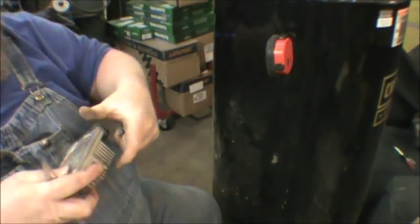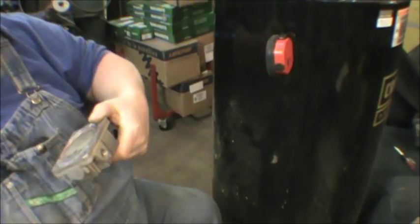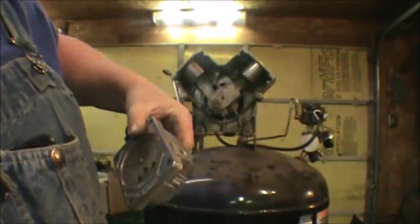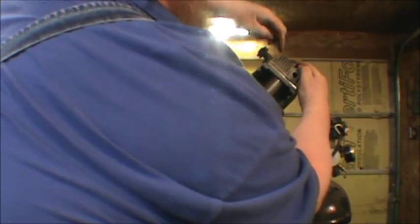Okay. Well, that one's giving me troubles. I'm not going to mess with the other one, so we're just going to set this up there. You got to remember which head's which, because it depends on where the lines go. Okay, it does fit the...